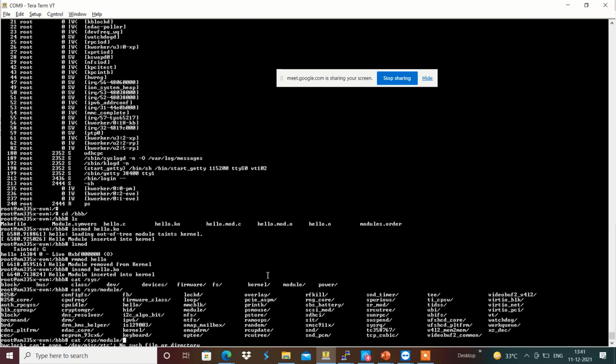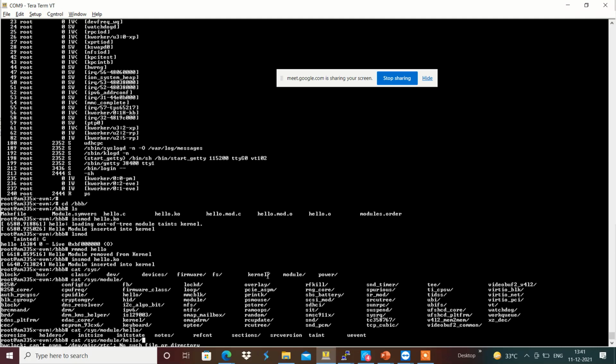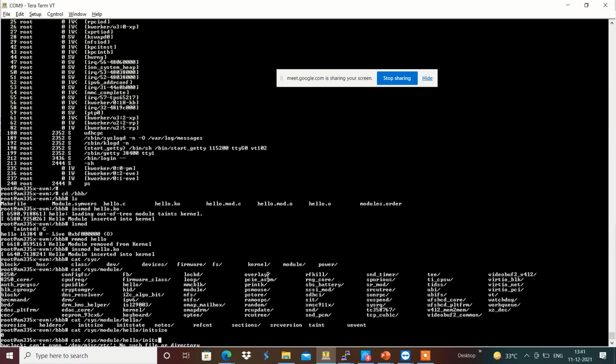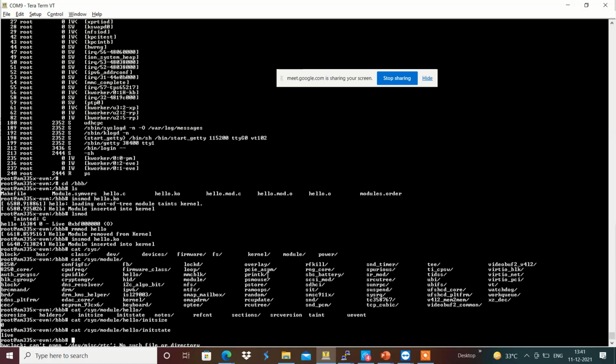For example, here we have sys module hello, and it will provide the information about the particular module over here. For example, this provides the init size, and we have the state, the current state of the module over here, whether it is live or not.